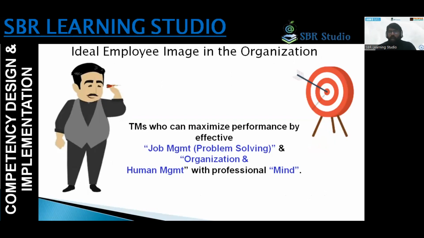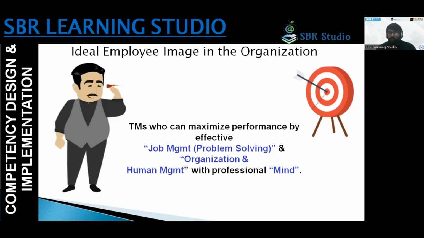When it comes to the ideal image, the organization is looking at the individual, because every individual appointed into your organization is deployed and posted in some position. So when it comes to your behavior, approaches, competency, and image, for every position you have to identify an employee image. That comes with three different perspectives, different fundamentals, different pillars or criteria. After that, it will help you measure their competency level, where they have to achieve higher performance with these ideal approaches.